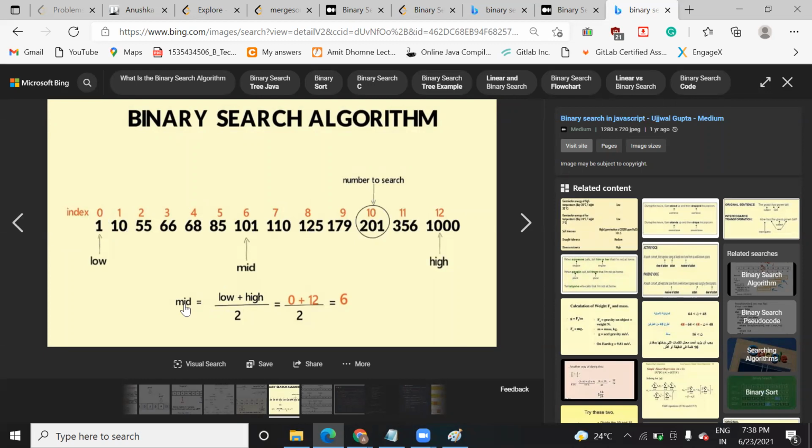How do you find it? Low plus high divided by 2 will give you 6. So you get the mid value. Now you need to check: is my mid value greater than the searching element? When you check it, this condition is not satisfied. So in that case, you need to make a change here. What change will you need to make?